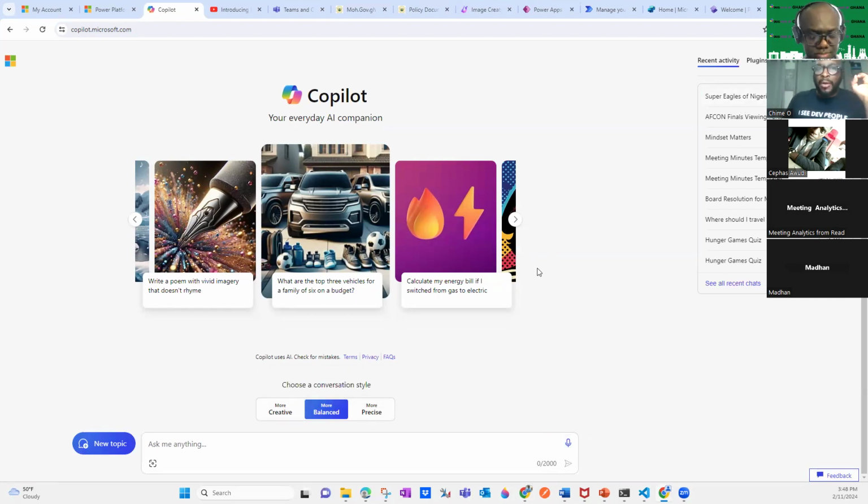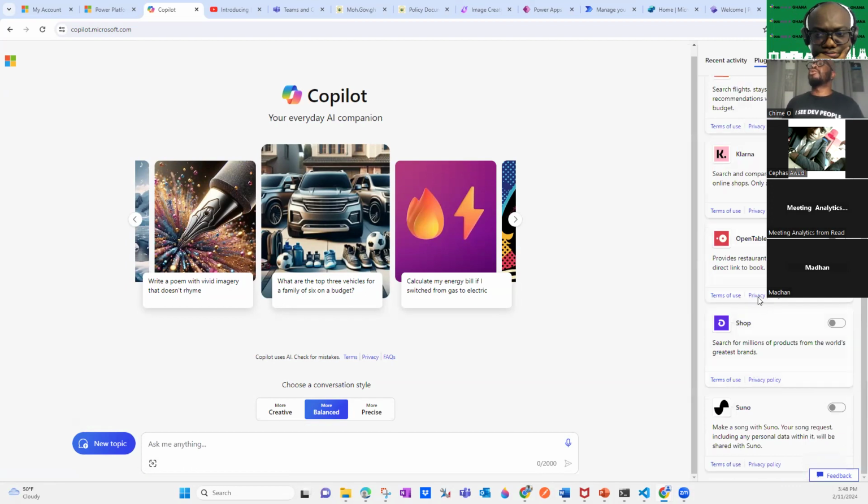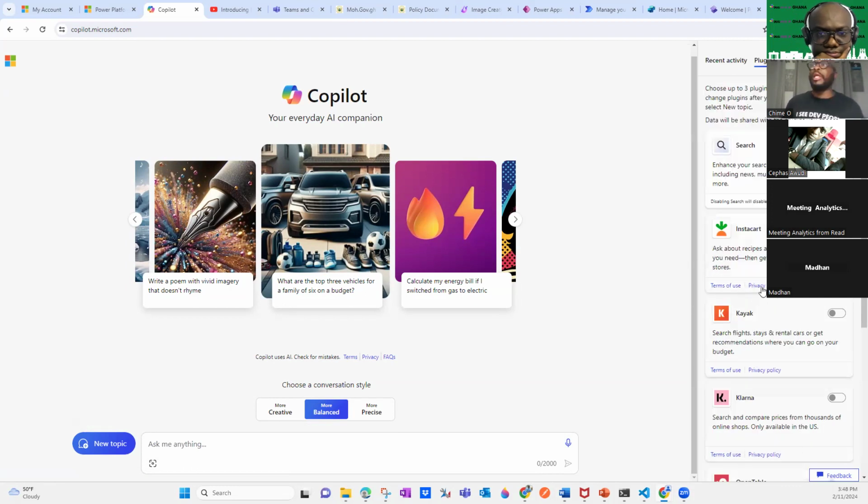You don't have to have a Microsoft account in order to use Copilot. But if you want improved features, say for example you want it to generate images for you, you need to sign in with your Microsoft account. You will get better things like your recent activities and your plugins, like I just mentioned. You have more functionalities for conversation. You'll be able to enhance your searches. You can add different applications or integrations into the Copilots as well.